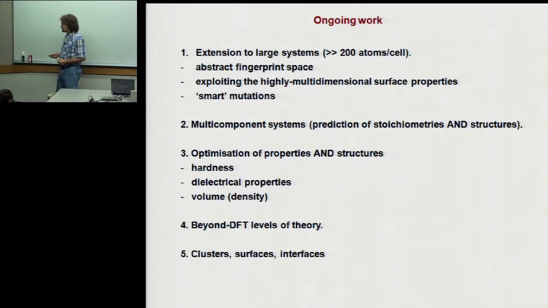We also want to try beyond DFT levels of theory, some quantum Monte Carlo. It's even more parallelizable and allows us to use these Blue Gene computers where they have many relatively cheap and not very fast, but a huge amount of processors. So you can use like 10,000 processors at one time. And the newest field of development are clusters, surfaces, and interfaces. So we predict the clusters at given conditions, the surfaces, and well, we have some really interesting results,